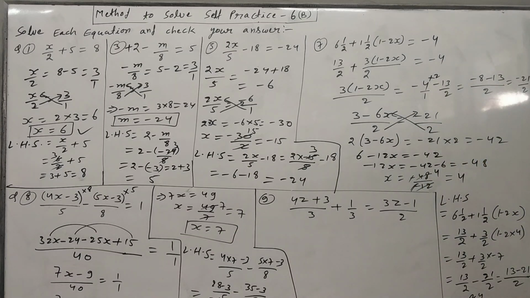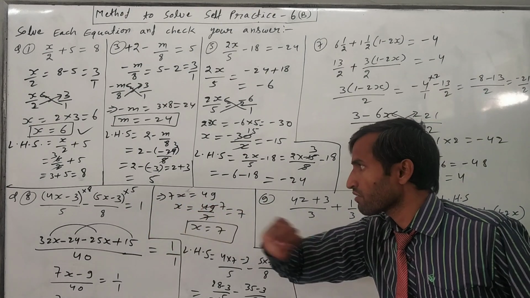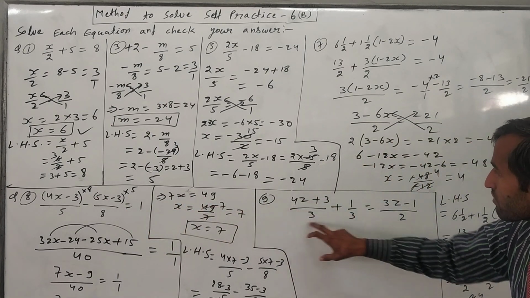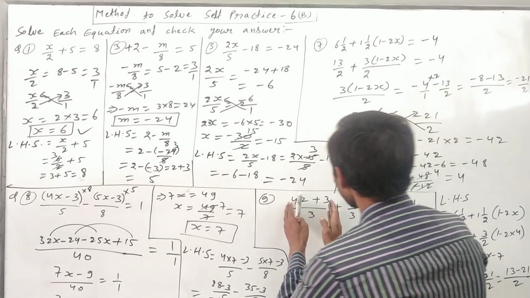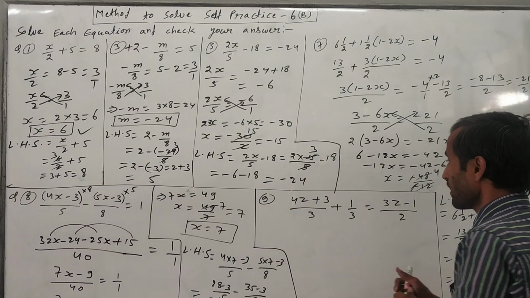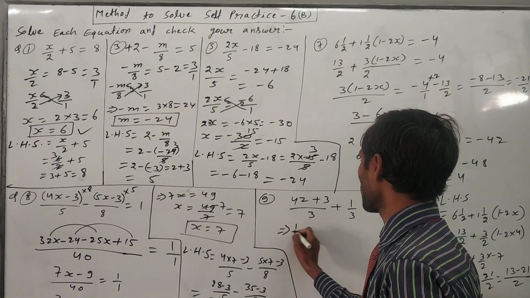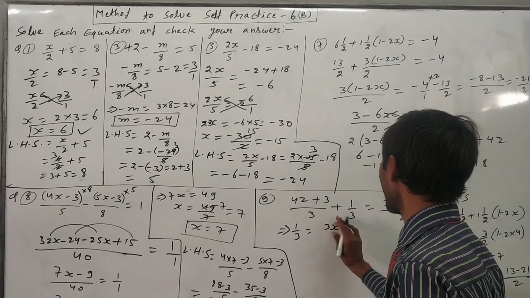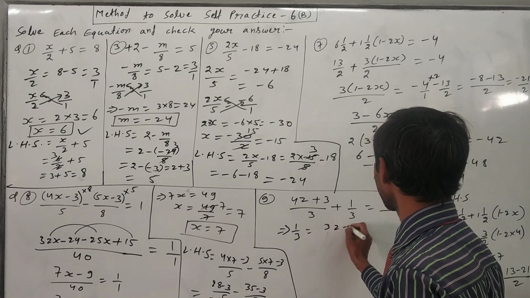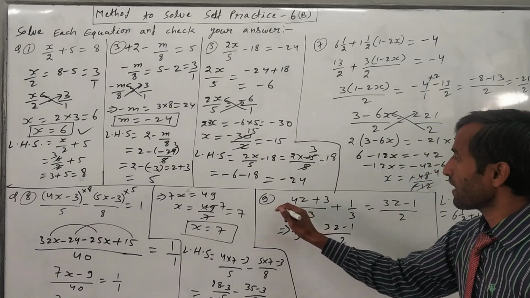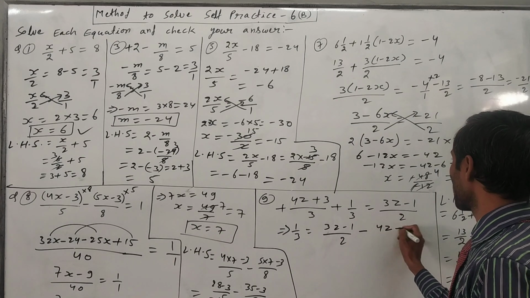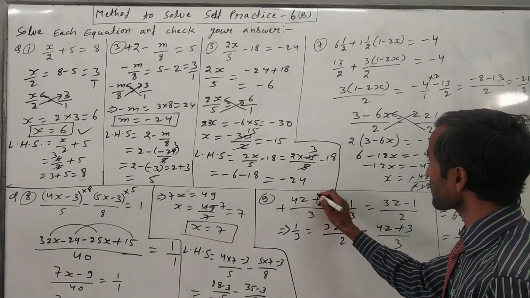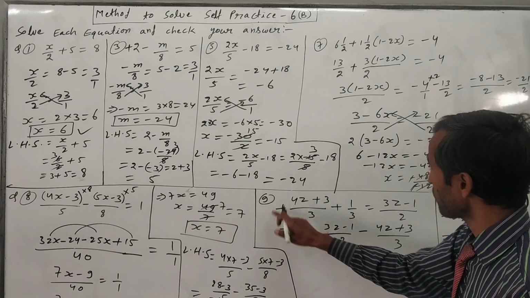How will we solve question number 9? Just go through this. Here the same type of question is given, but what is different? The variable is on this side, and here the constant, and then here the variable on this side. So first of all, just transpose this whole expression to this side, and 1 upon 3 will stay as it is. So we will write down (3z minus 1) upon 2. This is one expression, and nothing written means plus. This whole expression will be separated there. So minus (4z plus 3) upon 3. We will not change the sign on this because we have changed the sign for the whole.